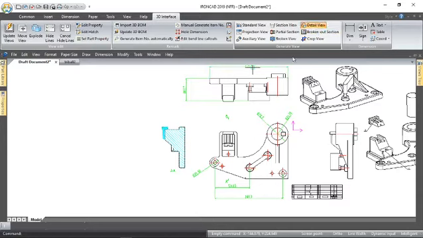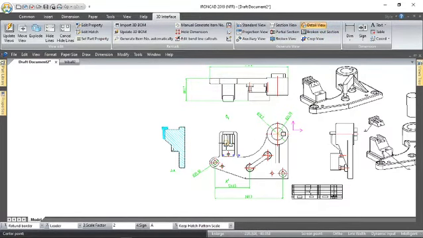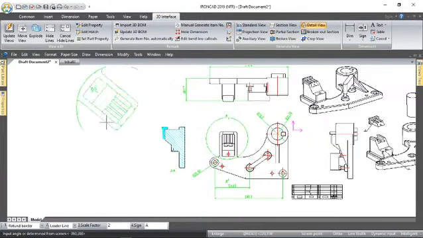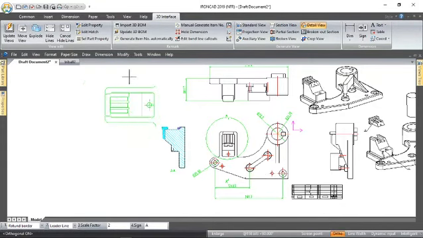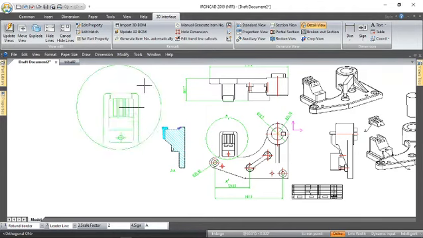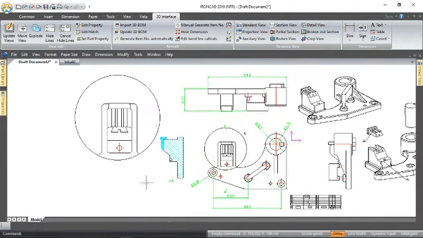So if I go to detail view there, I can maybe pick up on, say, this part here, drag that like that, press the right mouse button, and then basically I can put a detail view up here like that. So I just switch the orthogonal on, and I just go around here. Let's put it that way around. So we've actually got a section view here, sorry, a detail view here, based on that view there, and you